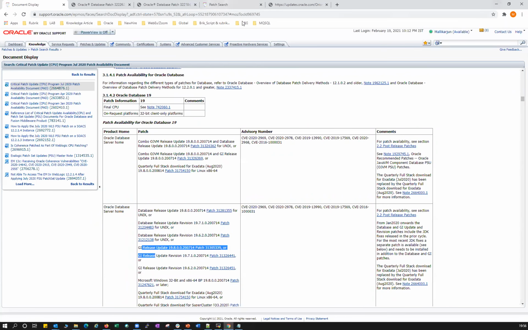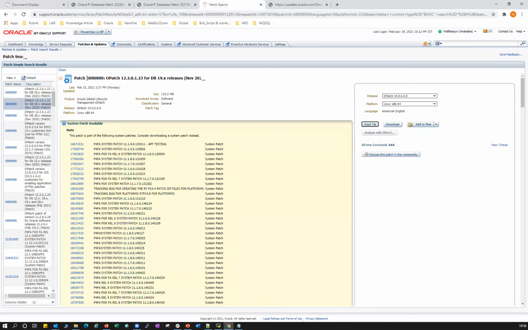Once that is done, one more thing is OPatch. One of the best practices whenever you are trying to apply any patch is to download the latest OPatch from MOS. For this latest OPatch, the patch number is the same, 6880880. For 19.x, whatever the 19 series, you can download this and apply.